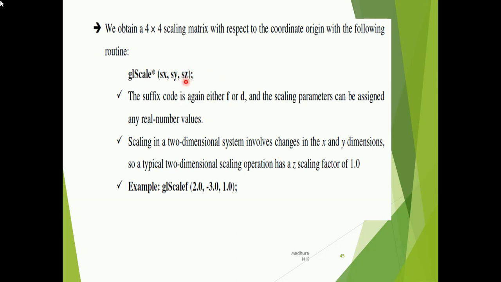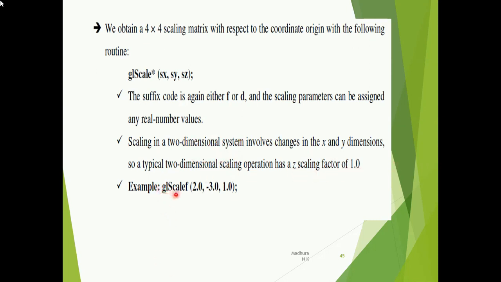Scaling in two-dimensional systems involves changes in x and y dimensions only. So a typical two-dimensional scaling operation has a z scaling factor of 1.0. If you are working with two-dimensional figures, then your z scaling factor will be 1.0.